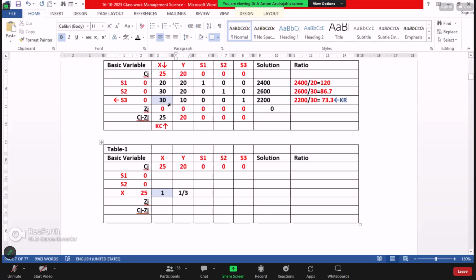Just 1 by 3. Then 0 divided by 30, that is 0. Then this 0 divided by 30, that is also 0. Here, this one divided by 30, then 1 by 30. Don't convert to the decimal. Only use the fraction that is easy for you. So here you can put it